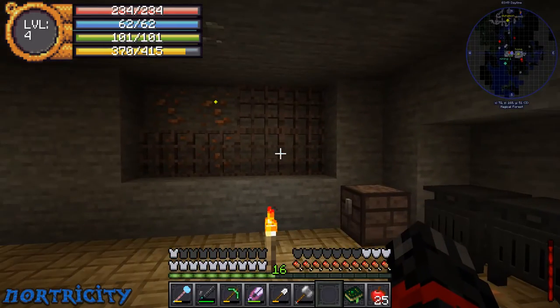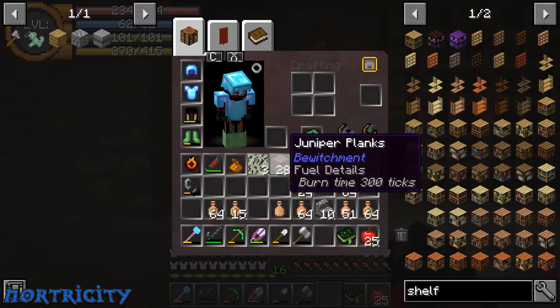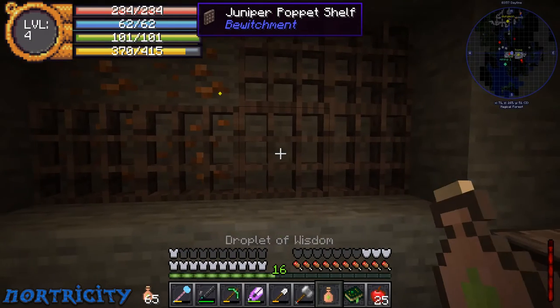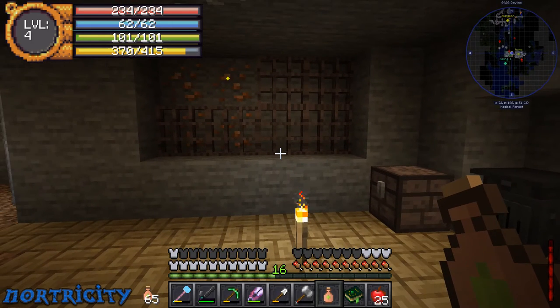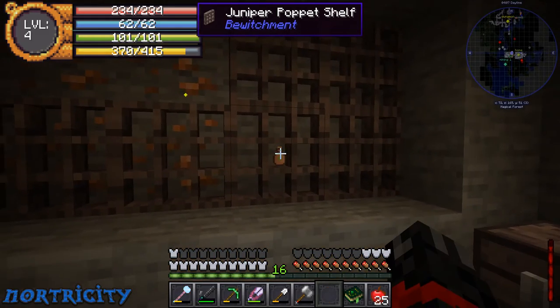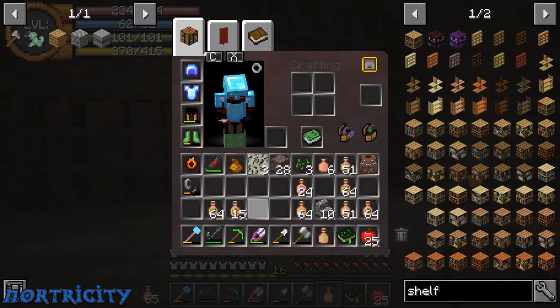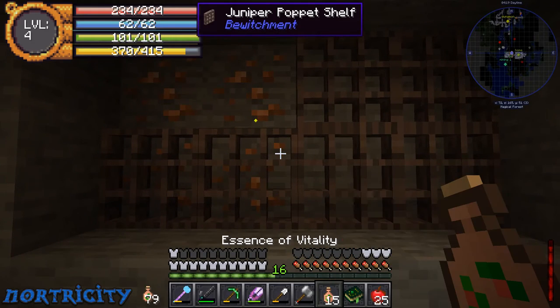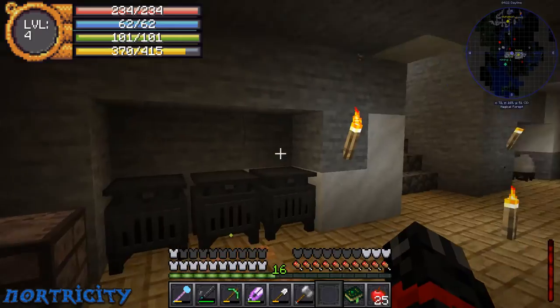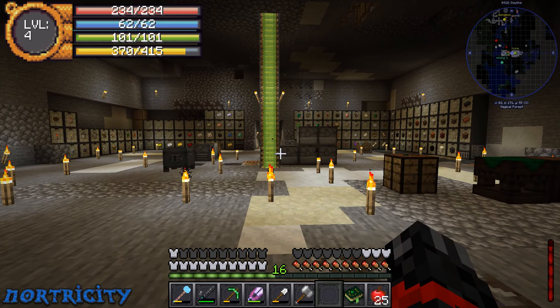Now, I wanted to put shelves in here. And these are the shelves from Bewitchment. And I don't like them. I really don't, I just don't like them. They're really thin. There's no interface. So like I put one in there, and let's say that I put 15 in there. So there's 15 in there. You pull out all 15. It's just... I mean, it was cool how they ended up making it, but I just don't...